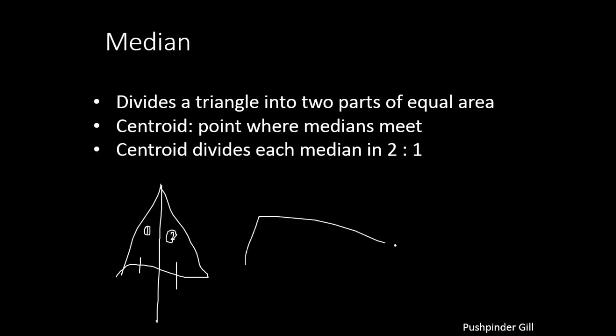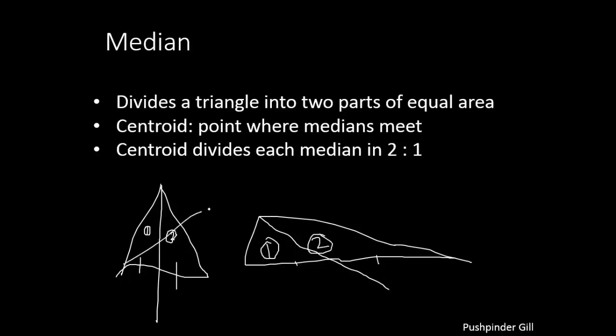I know, guys, there is a question running in your mind. I'm going to solve that question. Let's suppose this is the triangle, then the median will run something like this, so that these both are equal, and the area of this figure will always be equal to the area of this figure. And the point where all the medians meet is known as the centroid, and I think we already discussed this, it cuts this in two